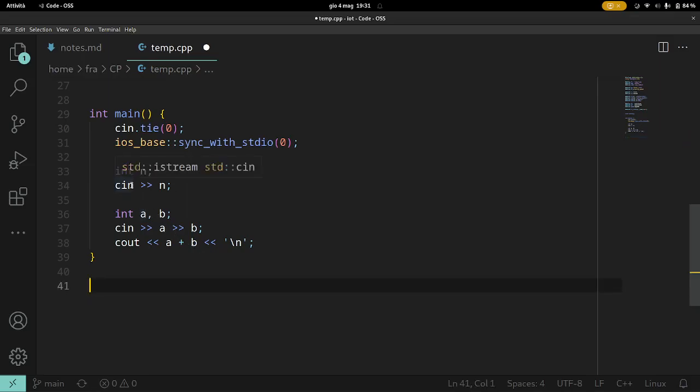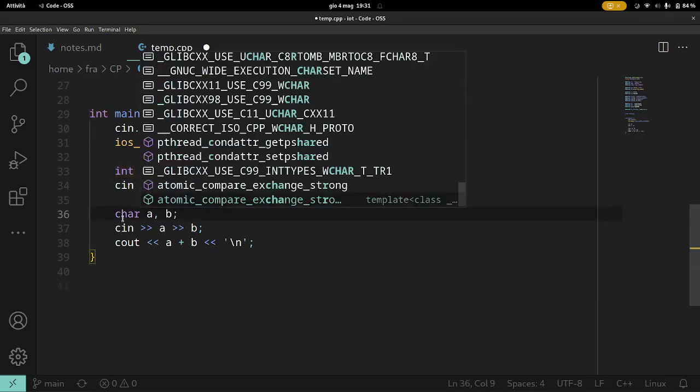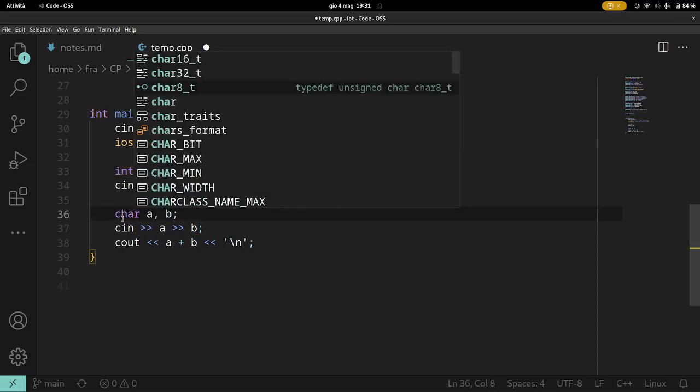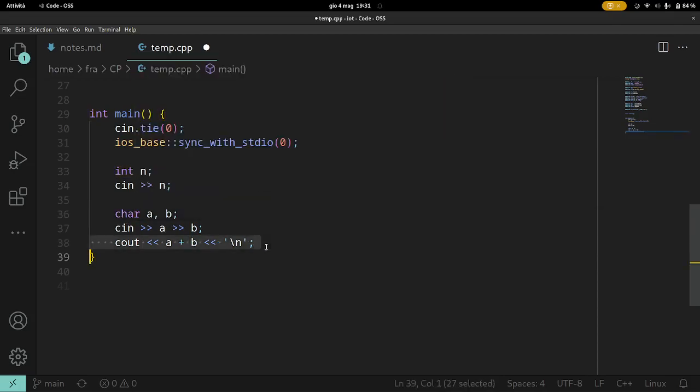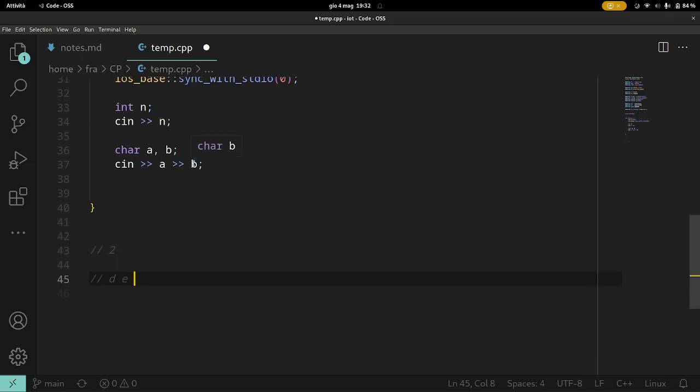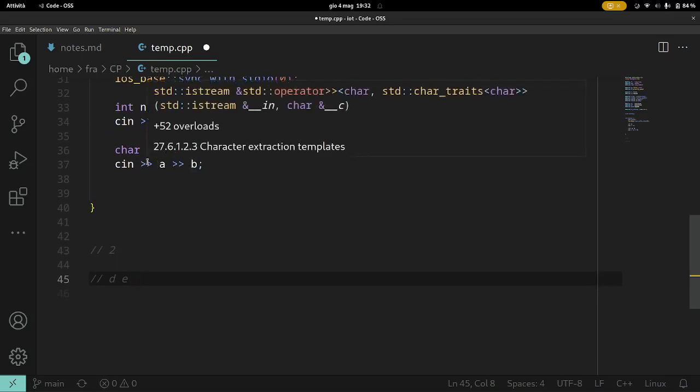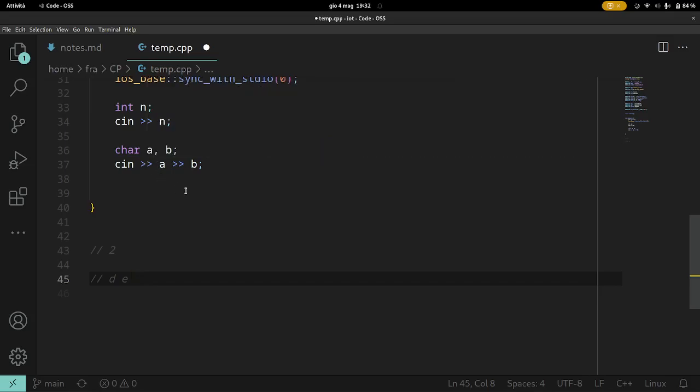Then, for example, if you need to input two characters, you can do the same. What happens if they are separated by a space? Characters, yes. So, for example, if you have 2 as n, then yes, exactly like that: if you define A and B as characters and input them this way, the variable A will be equal to D and the variable B will be equal to E. So they will be assigned separately.